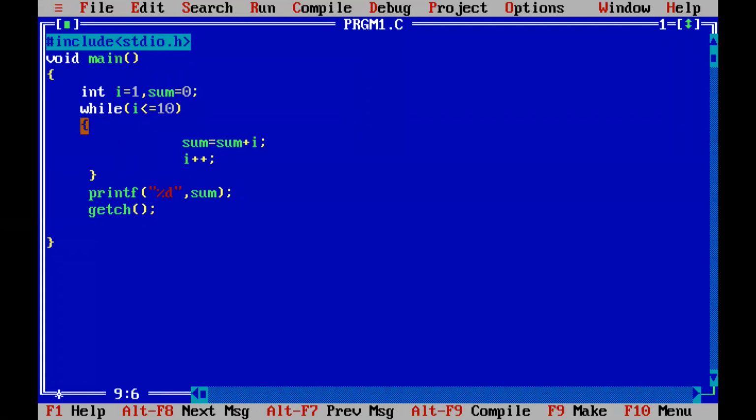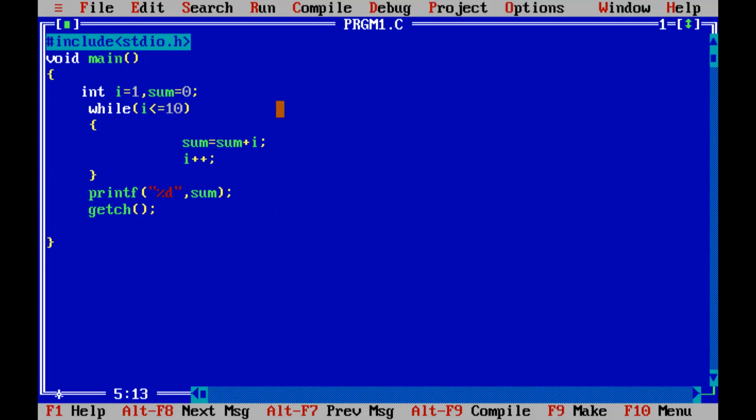So how many times will this loop be executed now? It will execute from the value i = 1. We are initializing the value of i to 1, right? From i = 1 while i is less than or equal to 10. Whenever the value of i is 9, it will check this condition. Now in the last step, when i = 10, it will check whether i is equal to 10. Got it? So this will be our program.